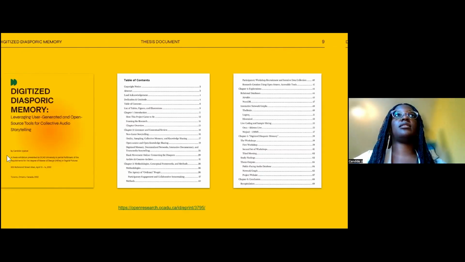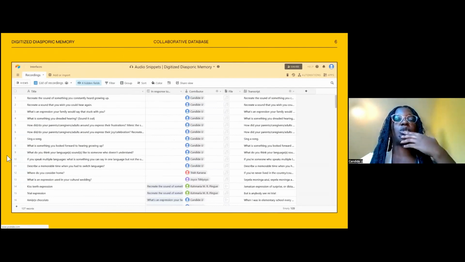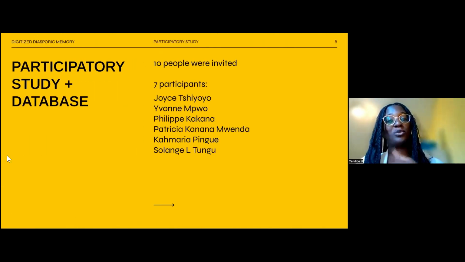That's a good question. I'll go back to the list of participants, a few slides back. It was open to anybody who identified as Black of African descent. I didn't say you have to be born here or come from here. What did end up happening though, is that most of the participants were people I knew.